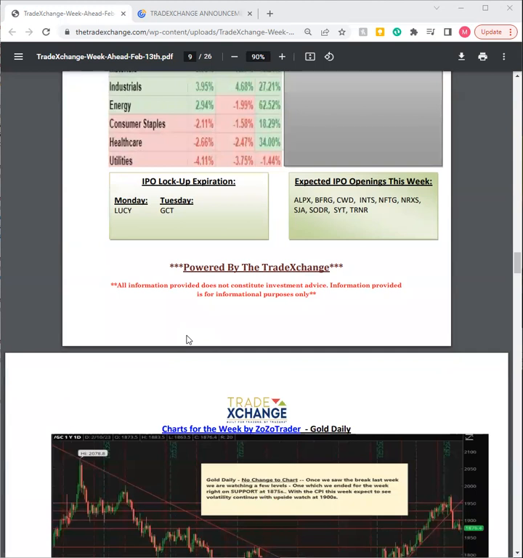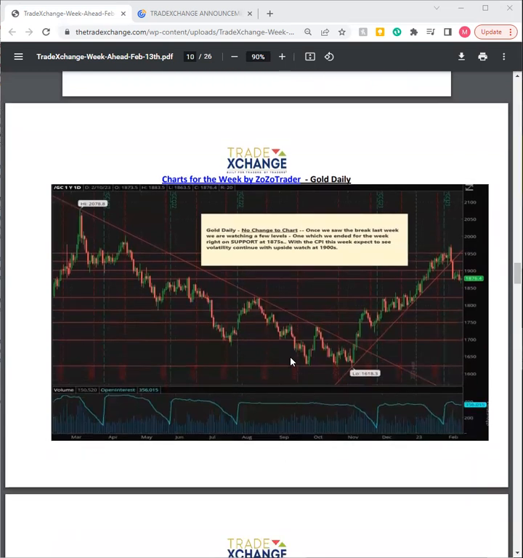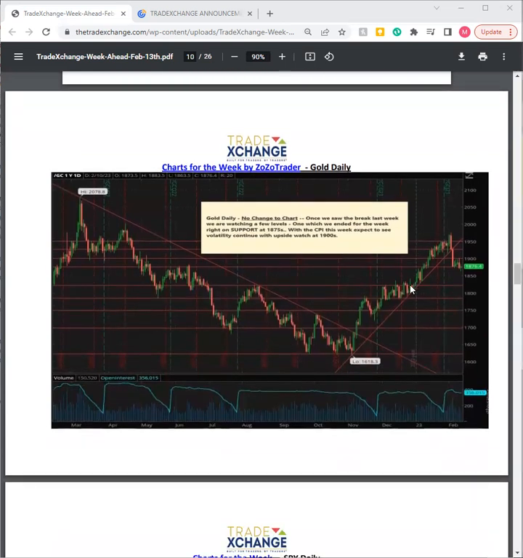Now, a quick peek at your charts, and then we'll just go over a few questions that we have and go over the weekend email regarding the updates to the news desk. Taking a peek at gold, members, no changes to the chart. Once we saw that break last week, and we saw that week is trading right to that support level, it just hung out at that level throughout the week, closed right at that point.